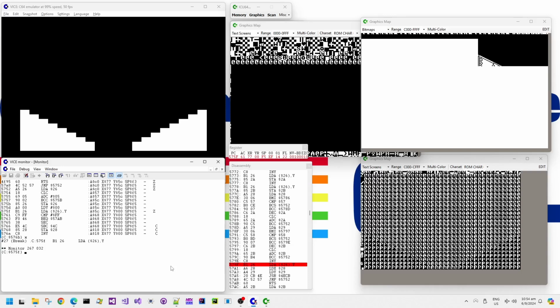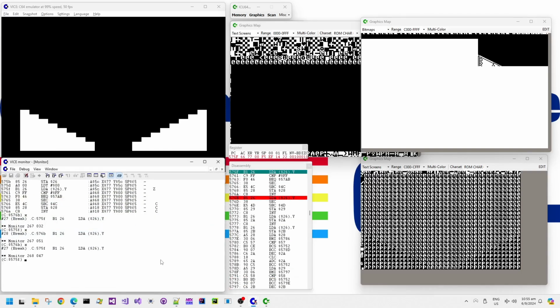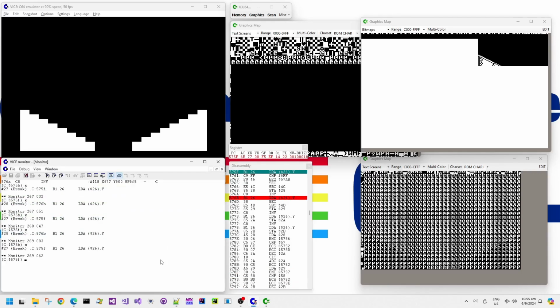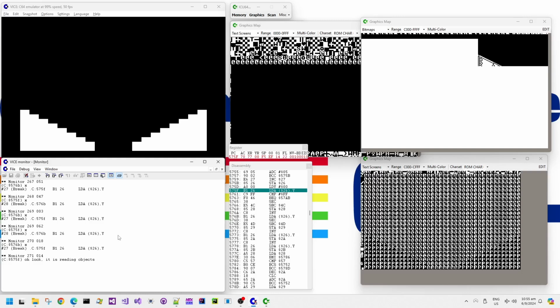Anyway, 579F definitely looks like the type load. Need to remember these memory addresses, I think, because these are going to be important. To recap, to colorize the screen, we need X and Y position on the screen, we need width and height of the rectangle to colorize, and we need a color. So we can derive the object color from the type. We can just map the type of the object to a specific color. We could put the color in an object, but